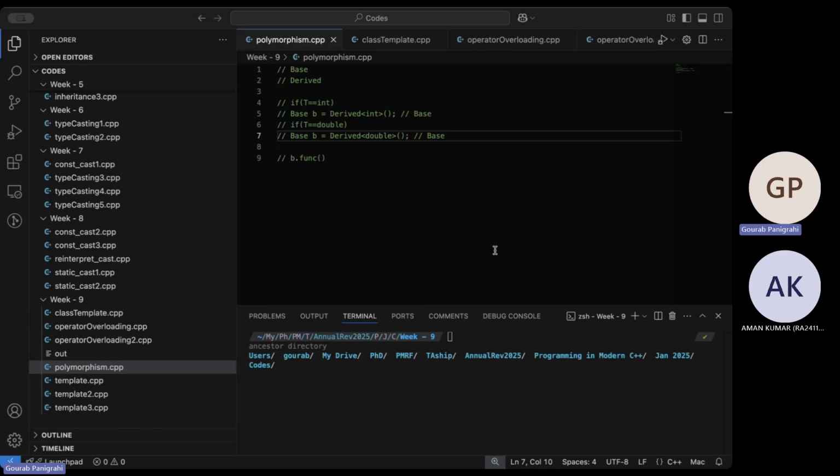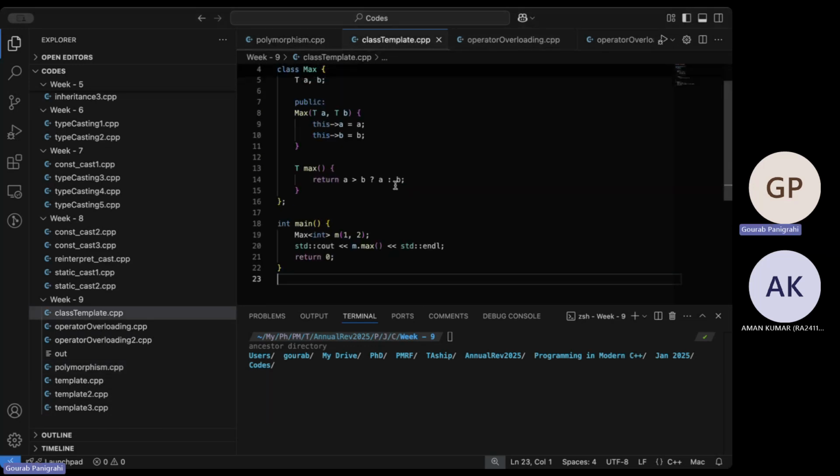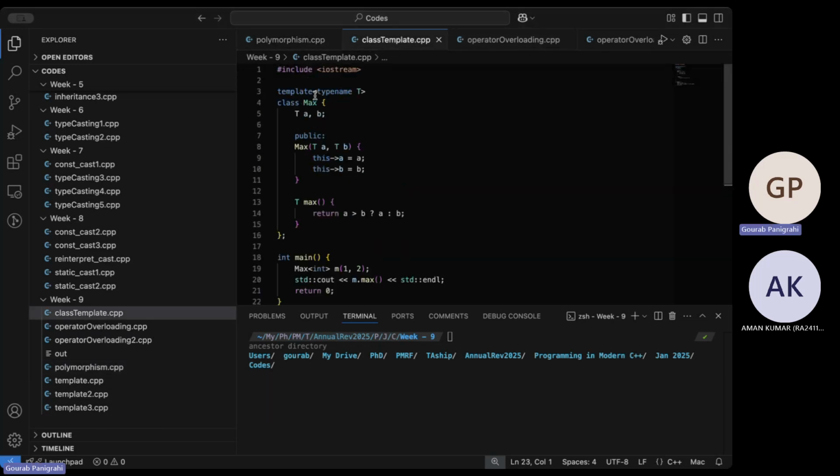Yes, that is allowed. Now, the important thing here is that let's say you have a class A, B, and class C. For each of them, I can just have the template type name T. That's absolutely allowed.